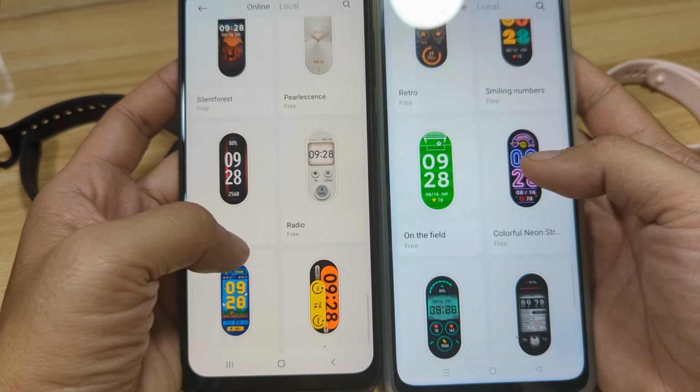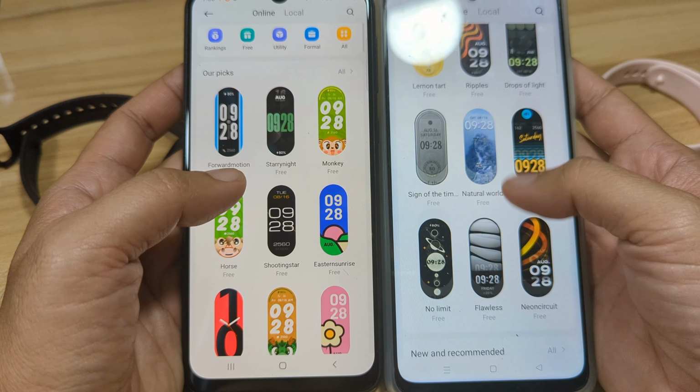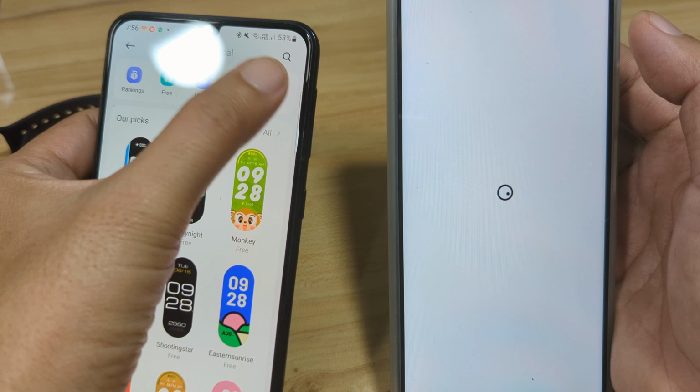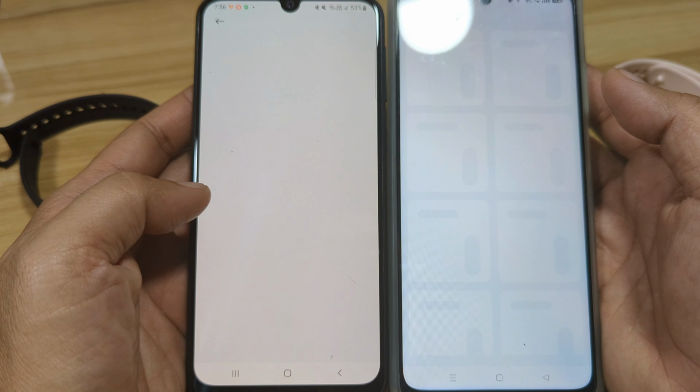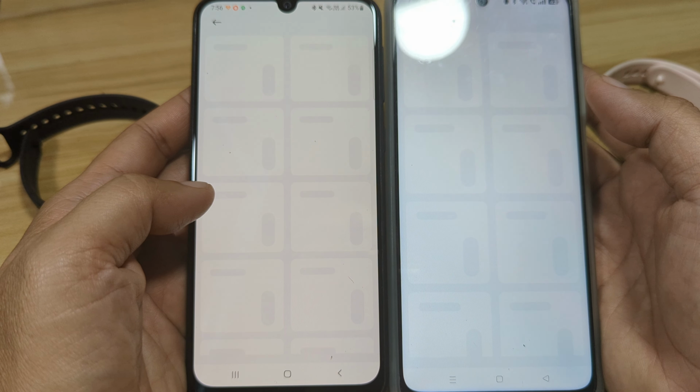Okay, so let's try to download a dial and see if they have the same speed. We'll pick the same style. Let's go to U-Dynamic. Let's select this one, Blue Saturn.